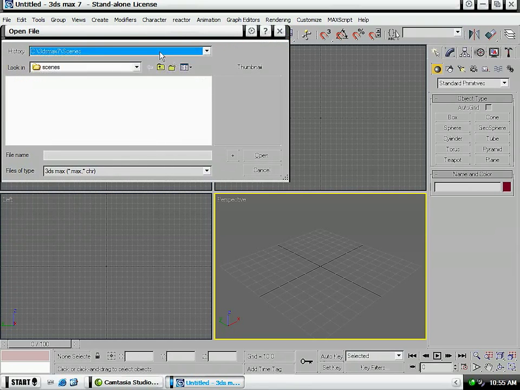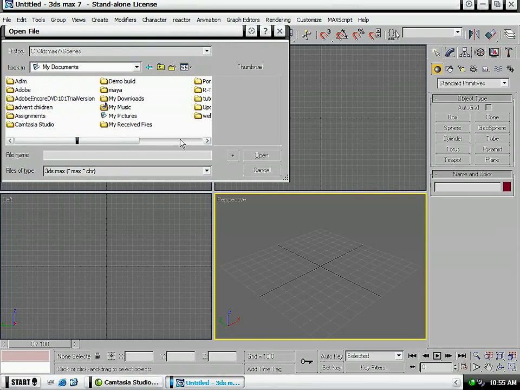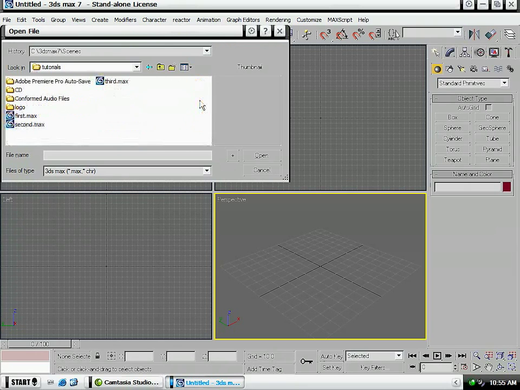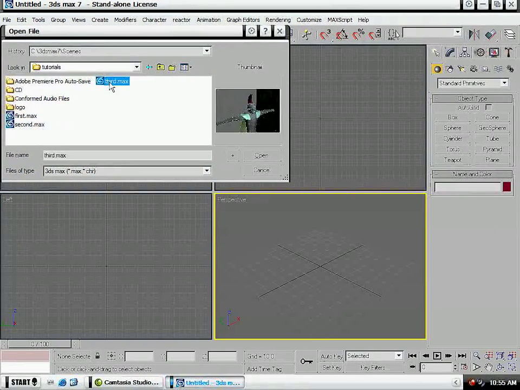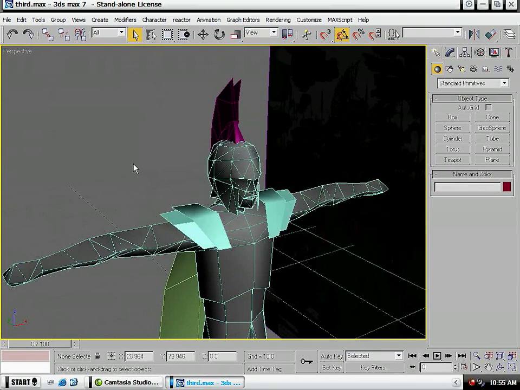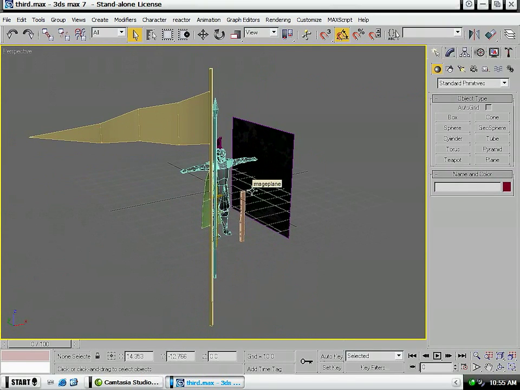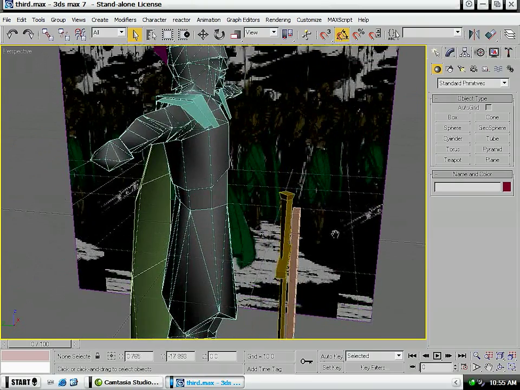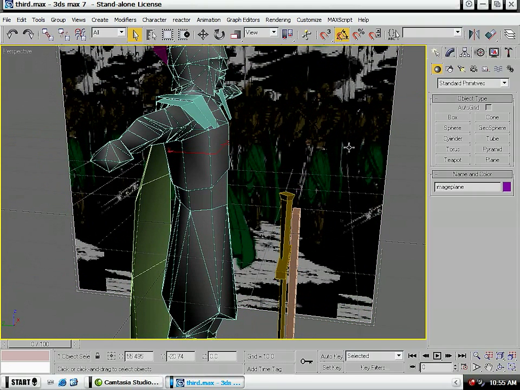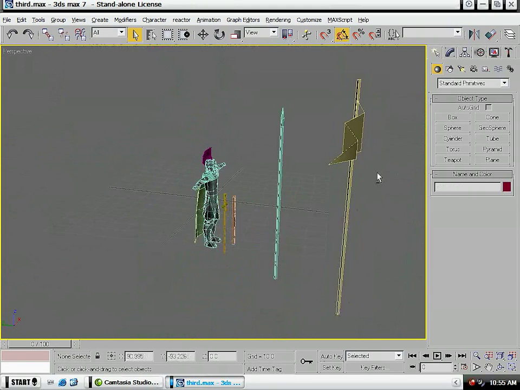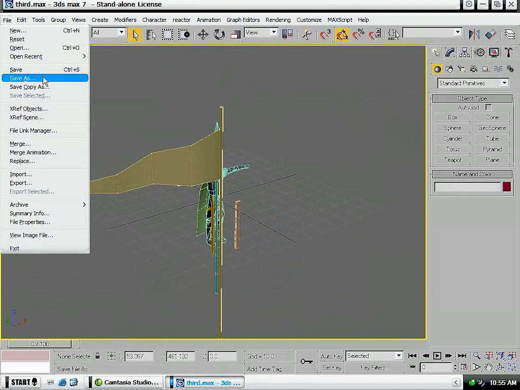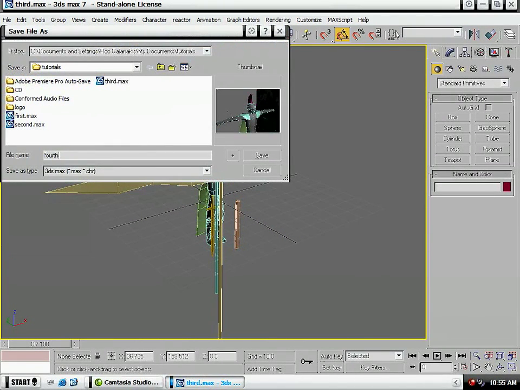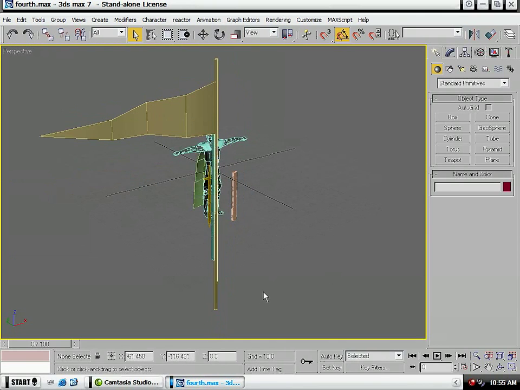We'll start by opening up your file from the last tutorial. Okay, so what we're going to do now is set it up so we can start painting a texture. First we're going to want to get rid of these things we don't need. Let's also just save this as, let's call it fourth. Okay. So let's start by hiding,